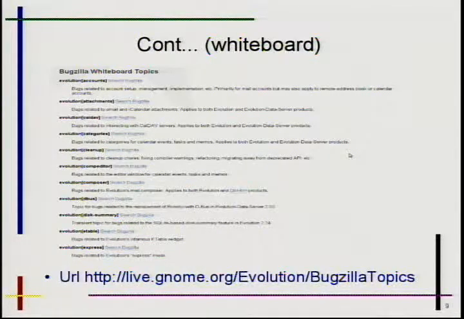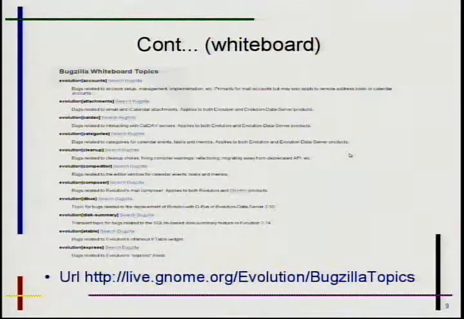For example, if you are composing a mail and there is any problem or bug related to the composer, we will tag the whiteboard status as evolution composer. In the same way, Evolution has support for netbook. On the netbook you can use Evolution, and it has a different version, Express.